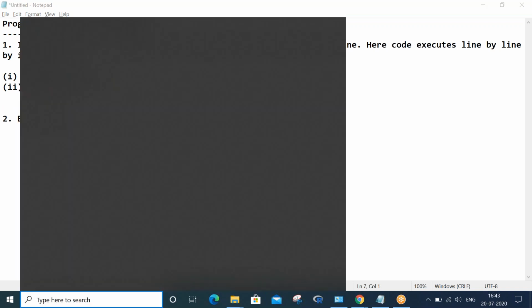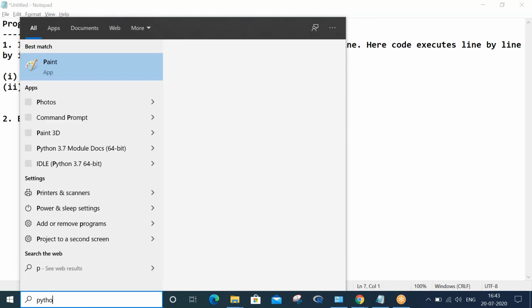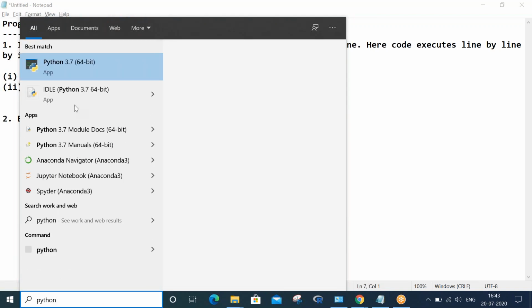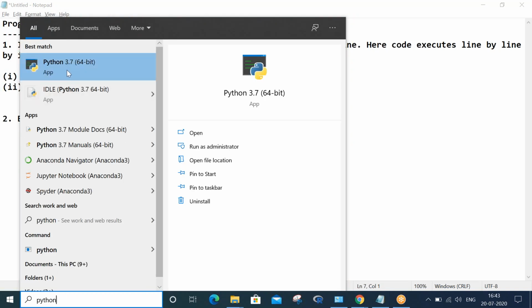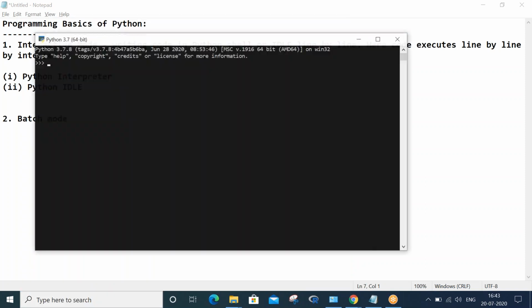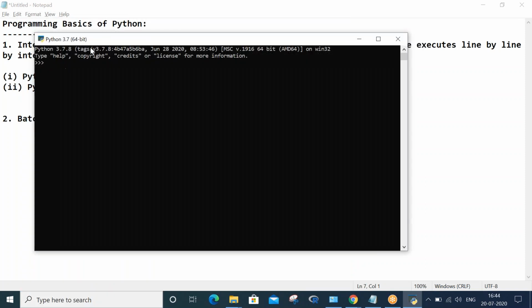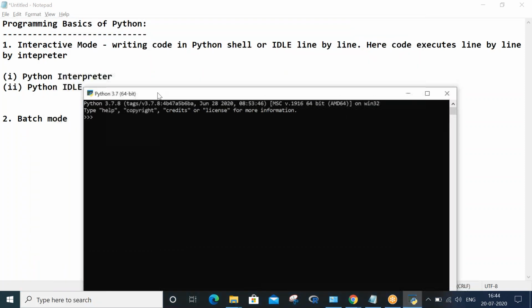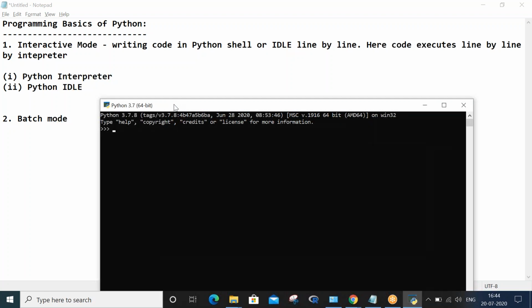Let me open Python interpreter. In the search, type Python. If you remember, in our last session I highlighted that Python interpreter is the one which looks black in color. So click on that.